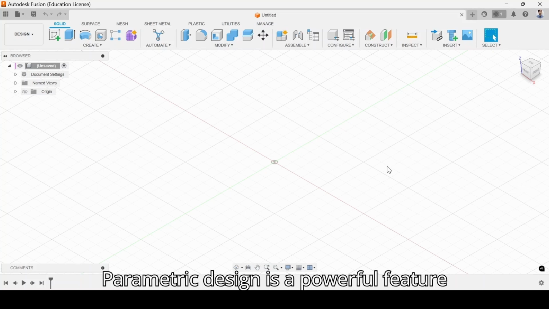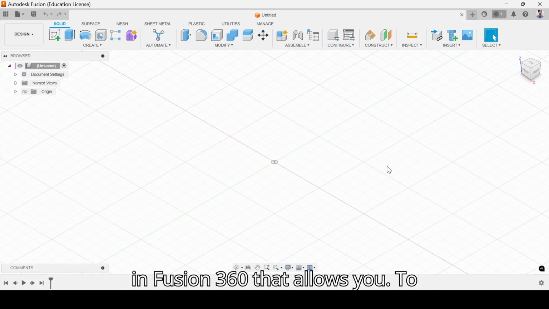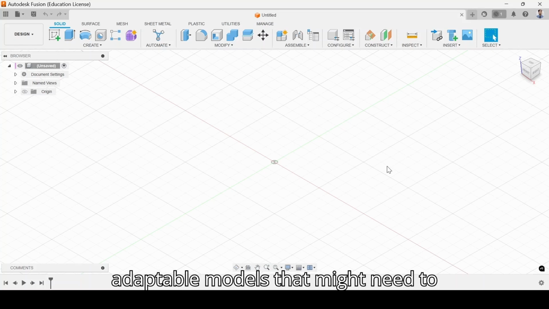Parametric design is a powerful feature in Fusion 360 that allows you to create easily adjustable designs. Using parameters, you can make changes to your design without manually adjusting every part. This is especially useful for creating adaptable models that might need to change sizes or shapes based on different inputs.